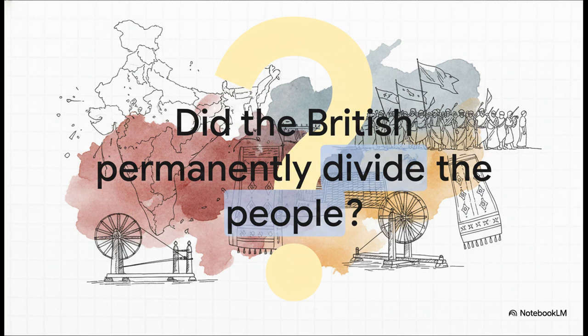Frustrated by the old peaceful petition methods, a new radical wing of leaders rose up. The famous trio of Lal-Bal-Pal, Lala Lajpat Rai, Bal Gangadhar Tilak, and Bipin Chandra Pal. Tilak gave the movement its incredible battle cry, "Swaraj is my birthright and I shall have it." So far from breaking their spirit, Lord Curzon's partition actually took a quiet, elite political discussion and turned it into a raging, passionate mass fight for complete self-rule.